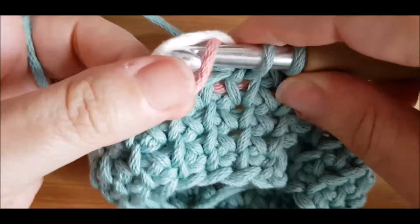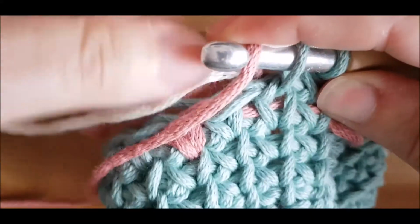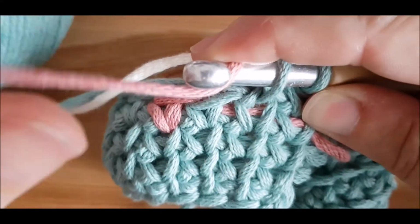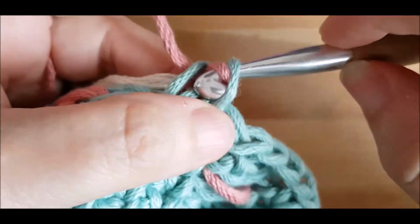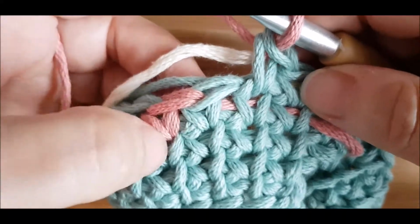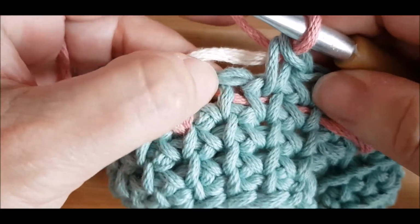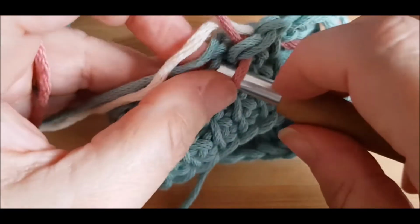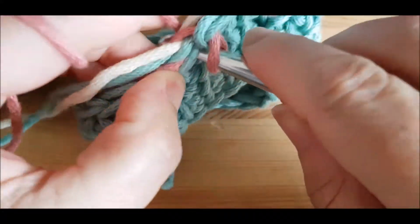So in the same way that we did it last time, but we're going to just make sure that the other 2 strands are just behind us here. So we've picked up the pink and we're going to pull it through that stitch. Now we're only going to do 1 pink stitch, and it's next to this one, not in the same one. So this is the correct place. So we're going to pop our hook in there, yarn over and pick up the pink,